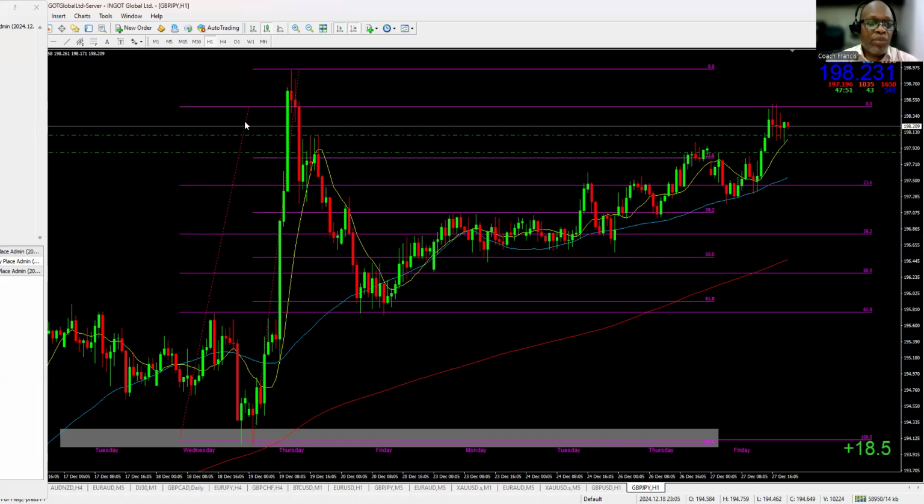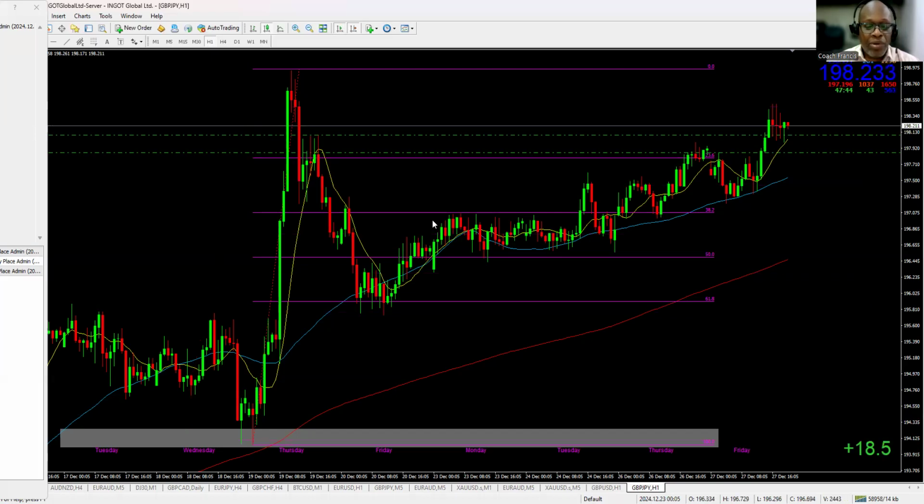And that's it. If you want to delete it, you just double click on it. There, you can see it's highlighted. You click on delete on your keyboard and it's gone. But this is the one we've drawn. We picked it up from here, dragged it all the way. And you can see it pulled back to the